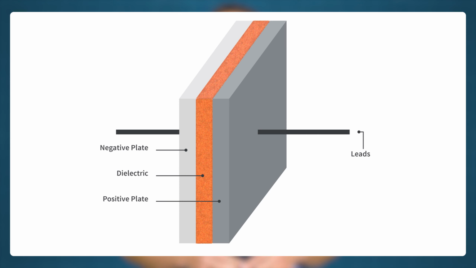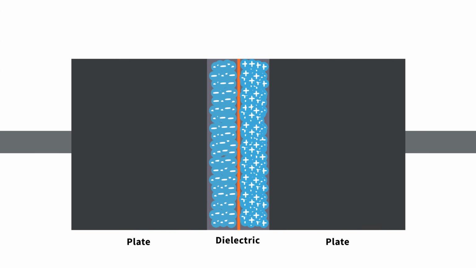To easily understand how a VariCap diode works, we can imagine it as a capacitor. A capacitor is basically composed of two conductive plates and a dielectric between the plates. These parts could also be represented in the VariCap diode. The p-type and n-type regions of the diode are the conductive plates and the depletion region is the dielectric. Because of their resemblance in construction, a diode develops capacitive properties.